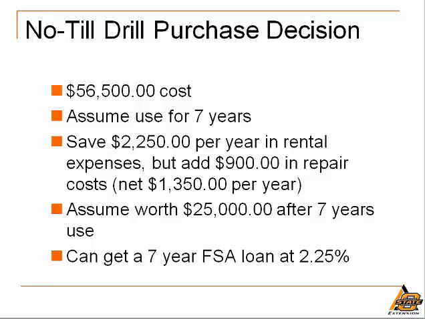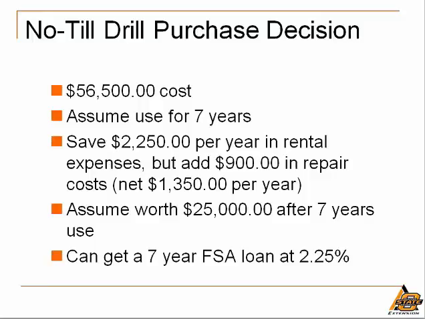Remember, once we have come up with one or more capital investments that we want to consider, the second step is to assemble some cost and return information along with other needed information to evaluate the decision. They are currently spending about $2,250 per year to rent a no-till drill, so they would certainly save that amount if they owned one. However, if they own the machine, they would be responsible for all of the repairs, which they estimate would be about $900 per year. The net result is that purchasing the drill rather than renting one would have a net positive operating cash flow impact of about